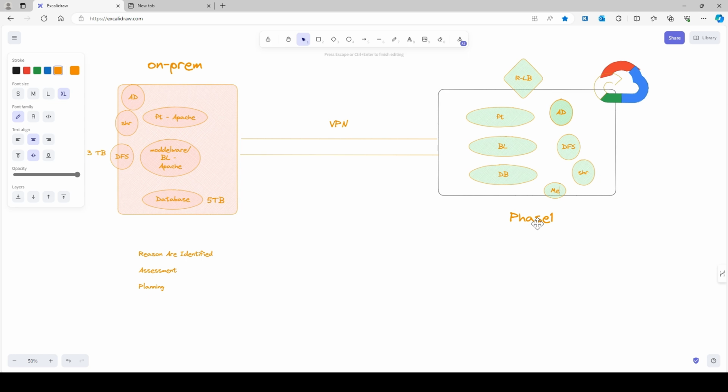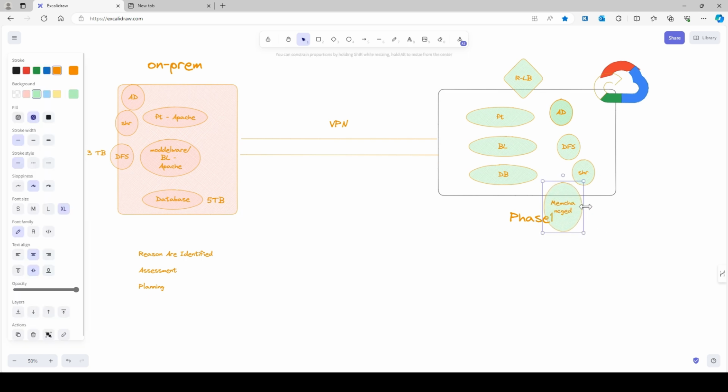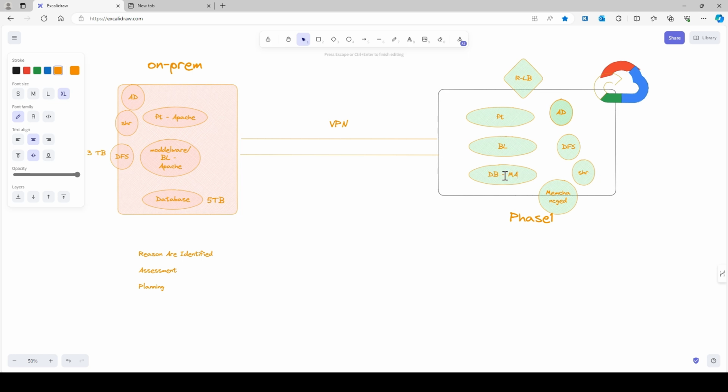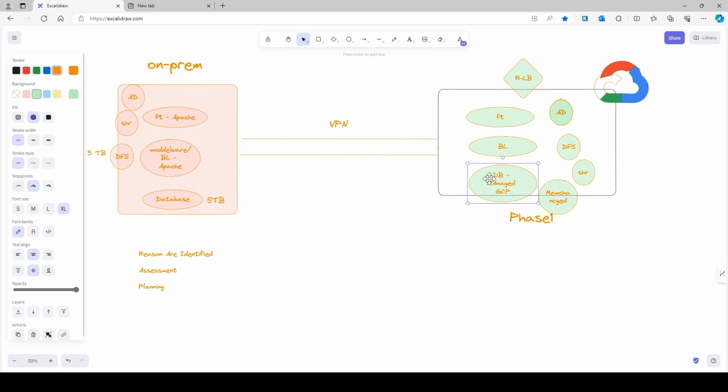It's called Memcache, I think, right? So we introduced some additional managed services along with our existing application, and then we moved from a self-managed database to a managed database, right? So now we have replatformed our database, we have introduced Memcached, and then we have decided to move the DFS system